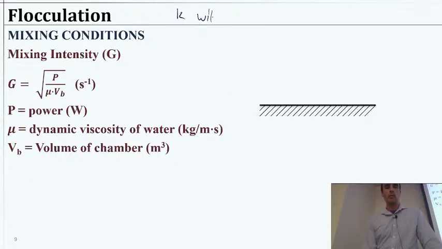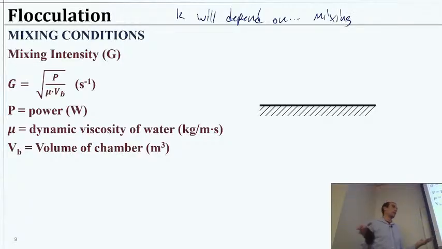So K will depend on, and in this case, this slide, we're talking about mixing. So a mixing intensity value, perhaps a good way to describe this is from physics. If we imagine some surface with water moving across it, or maybe this is a surface that's moving through water, like a little spinning propeller to stir your water. If this is moving through water and you have distance away from your surface